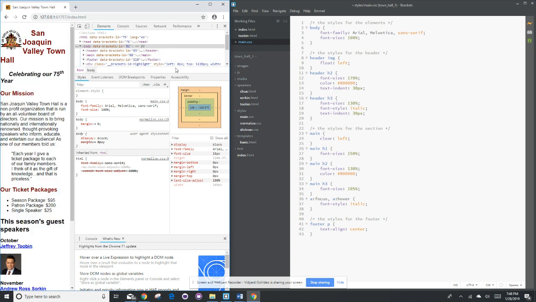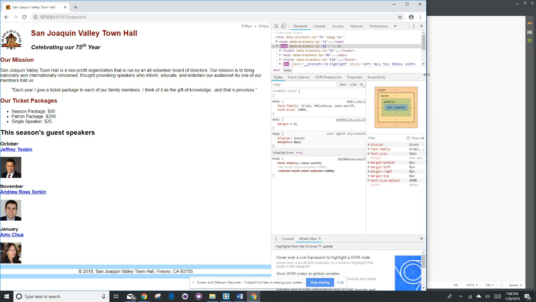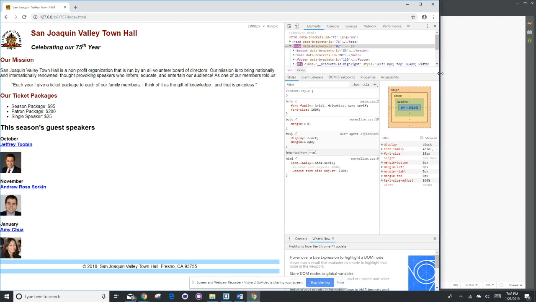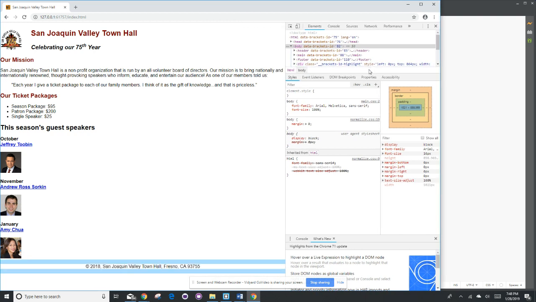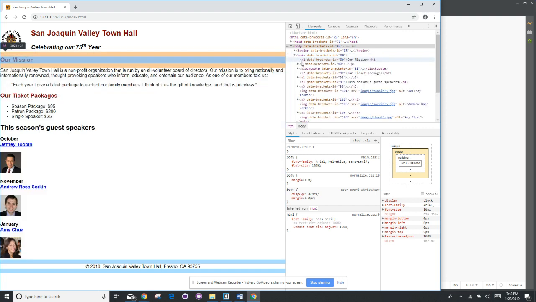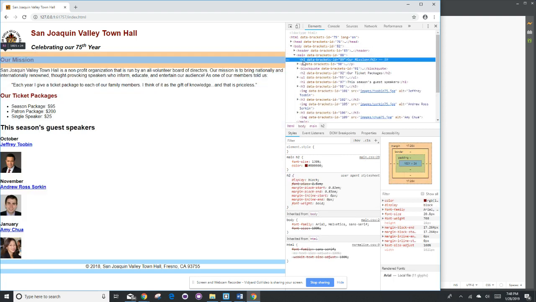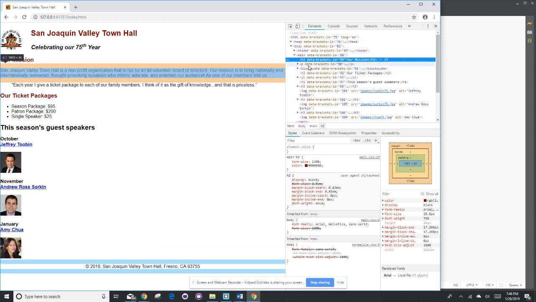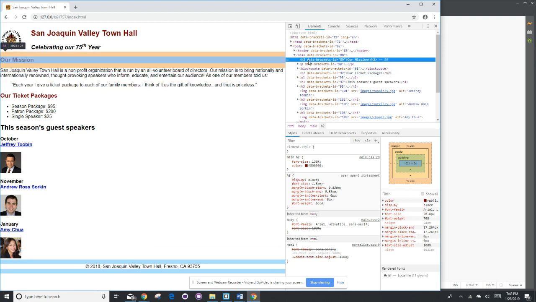So I need to give myself a little bit more space here. Let's get rid of that too. Okay. So in the main, I'm looking for one of the H2s. That's a fine one. There are 2 different H2s, but it said just pick one of them. And notice